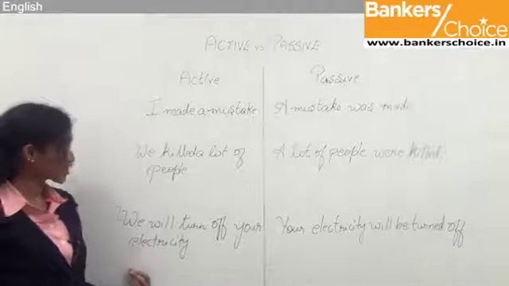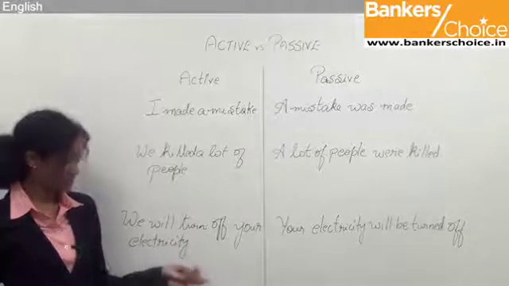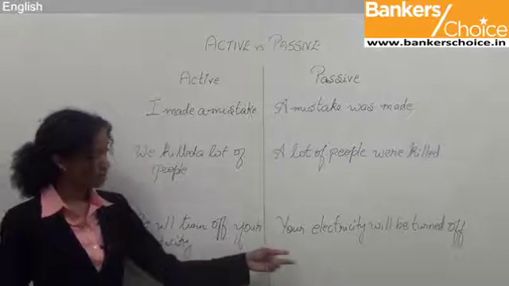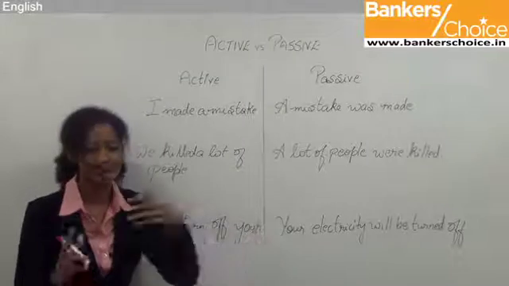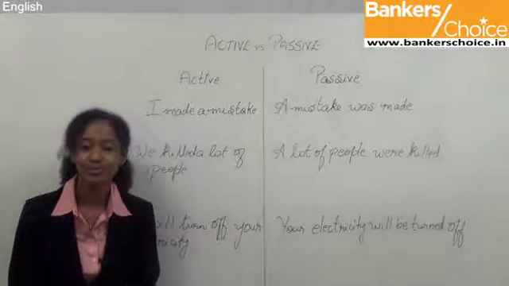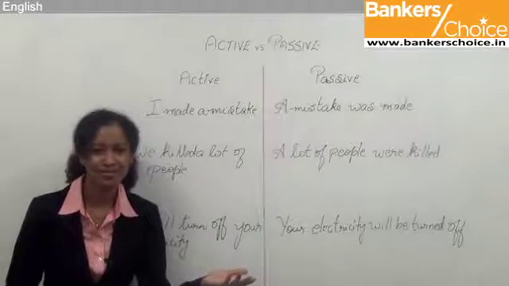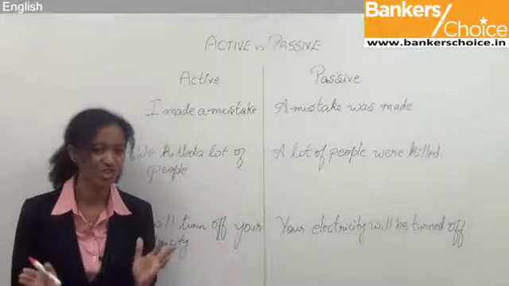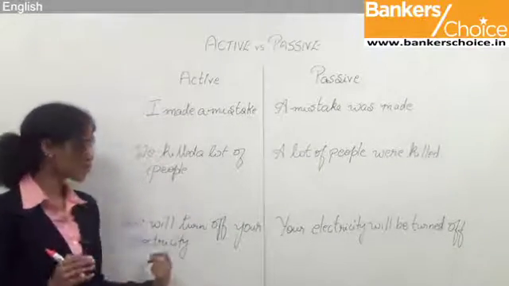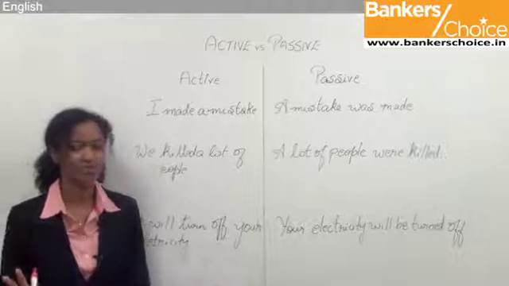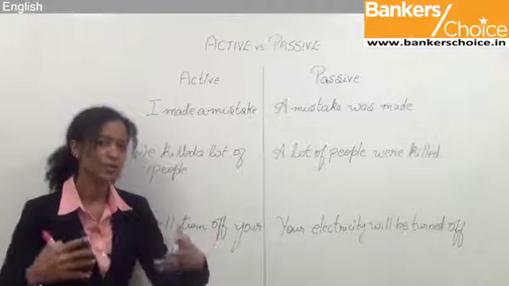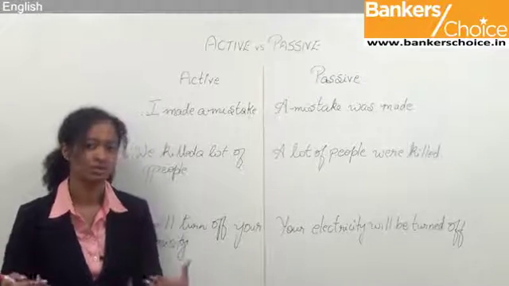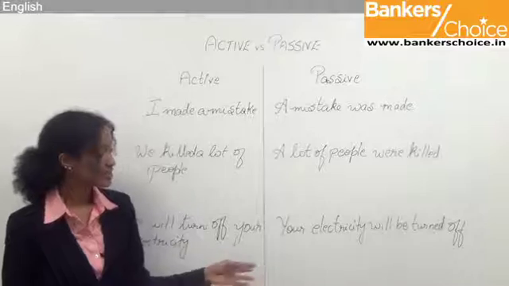And let's look at the last one. We will turn off your electricity. Active, we, subject is the focus. Your electricity will be turned off. Passive. So businesses, let's say you didn't pay your electricity bill, okay, for like the last 3 months, 6 months, right? So the electricity board is going to send you a notification warning you, and they're not going to mention we will turn off your electricity bill. They're going to say your electricity bill will be turned off by such and such a date. Please ensure to make your payments, within the assigned time, right? So businesses,